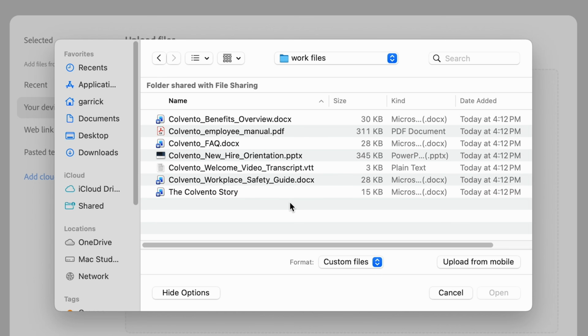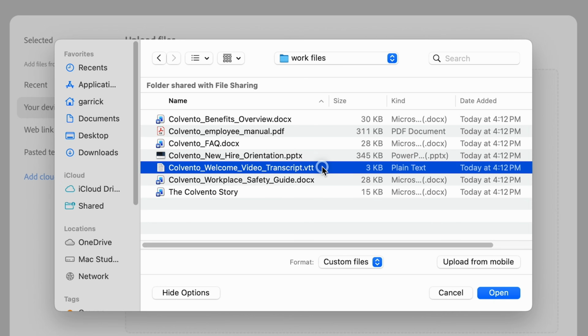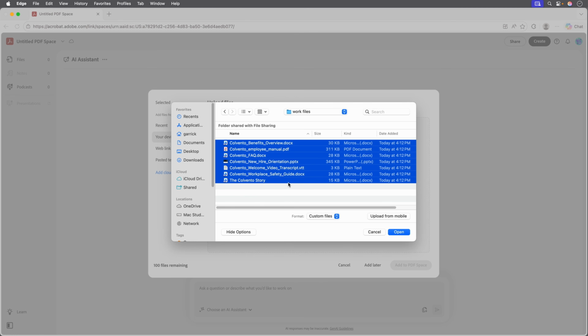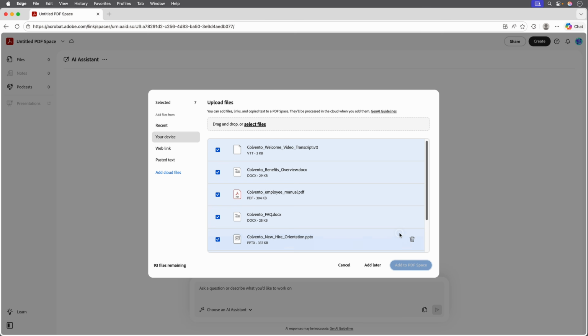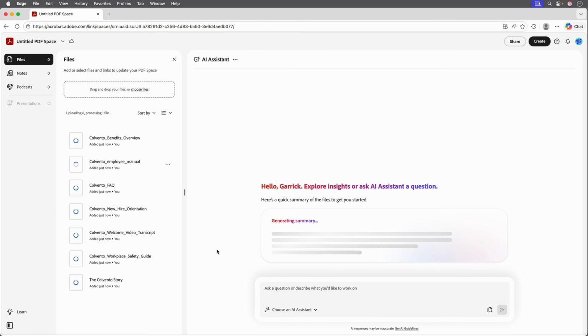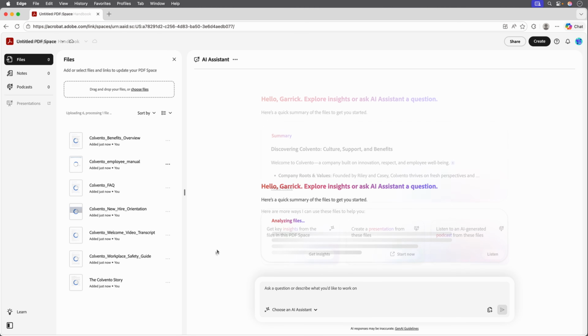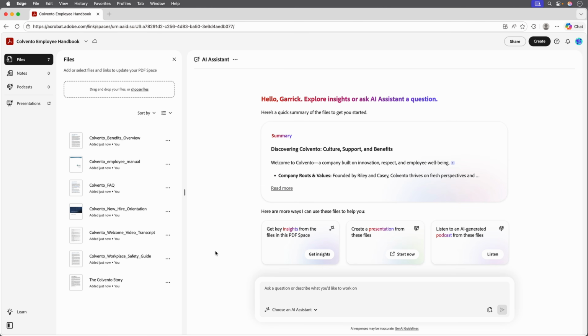There's a PDF employee handbook, several Word documents with benefits info, workplace safety guidelines, a PowerPoint presentation, and even a VTT file, which is a video transcript. I'll select all of these and choose to open them, and here I'll click Add to PDF Space. And now Acrobat is analyzing all of these different files and generating a summary and insights from all of these